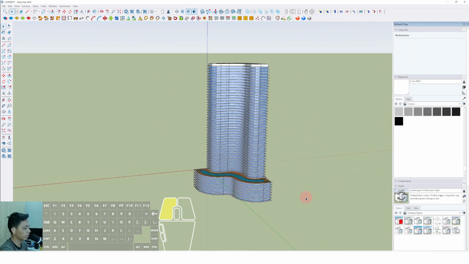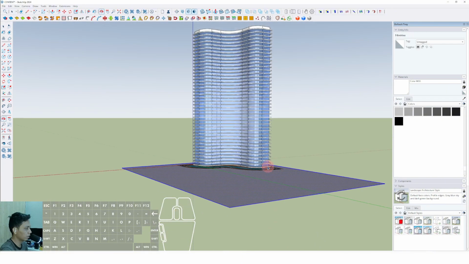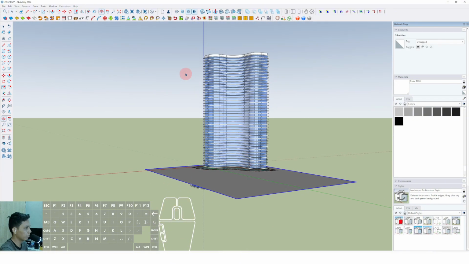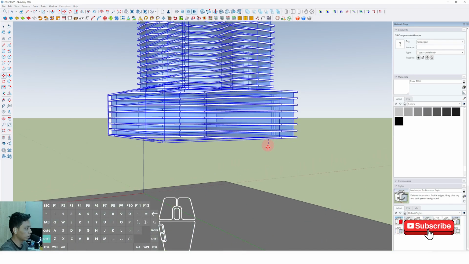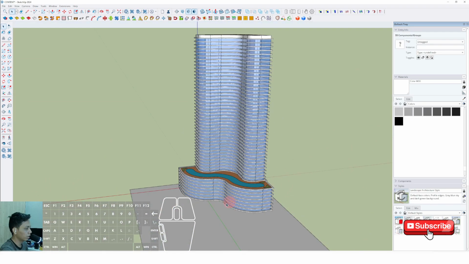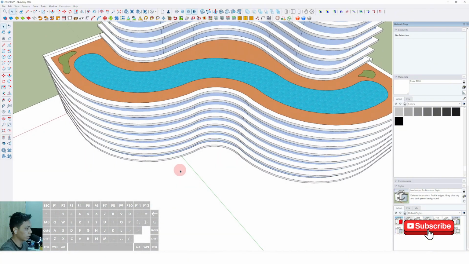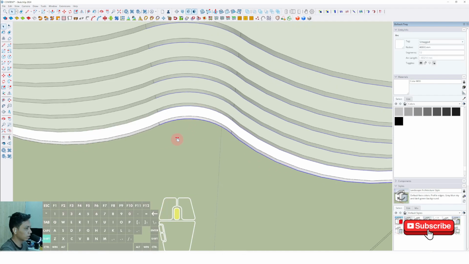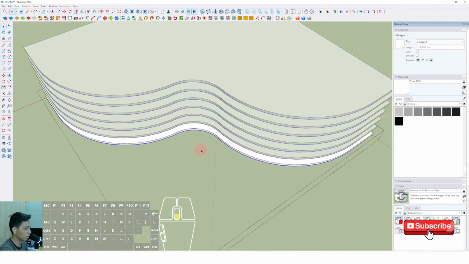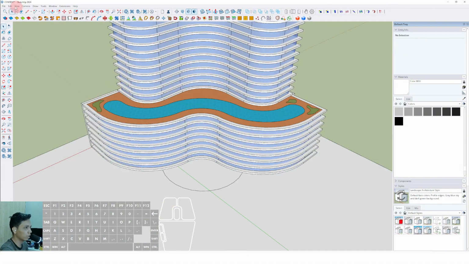Okay, and you can also add the landscape area in here, make group, and we can select the move tool and place to another position. And you can also add more canopy in the middle of it. Okay, and we can select this surface, this curve line, select the copy, Ctrl C, and select edit, paste in place,